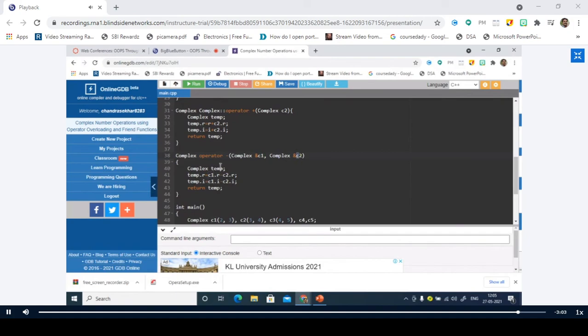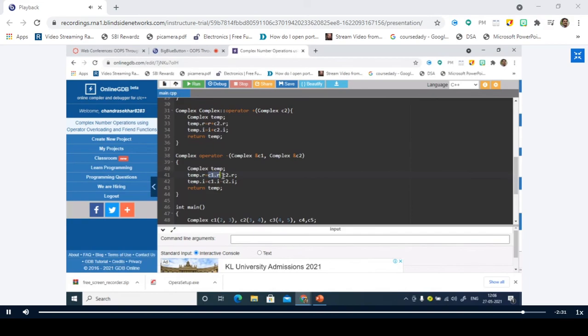I'm taking a temporary object of type complex, and temp dot r is equal to C1 dot r. R is the real part, of which operand? C1, the left operand. So C1 dot r is the real part of the left operand.